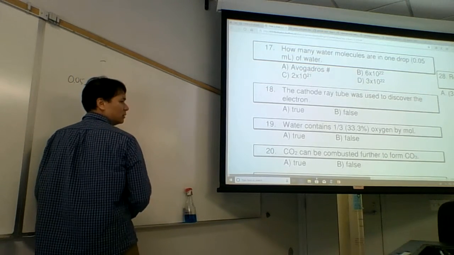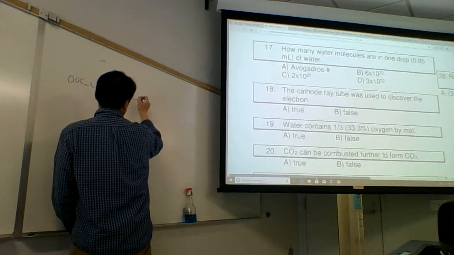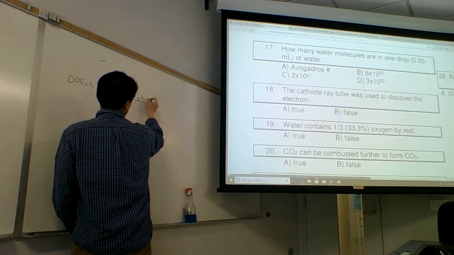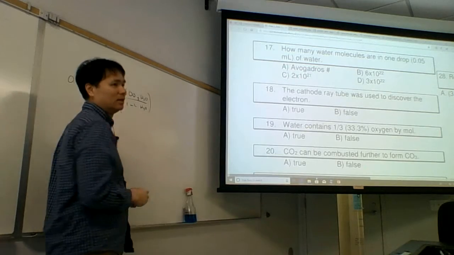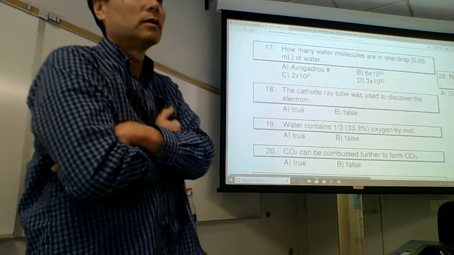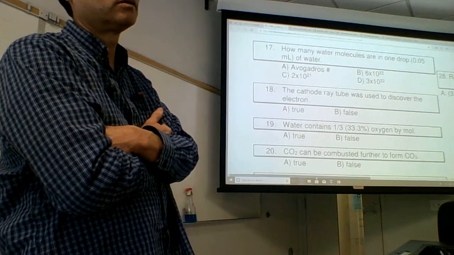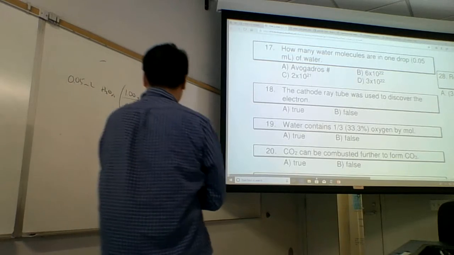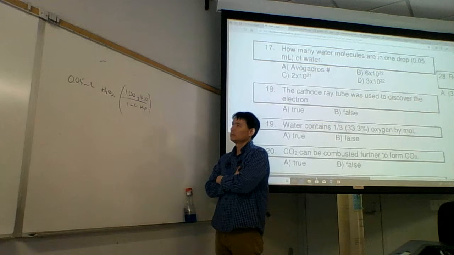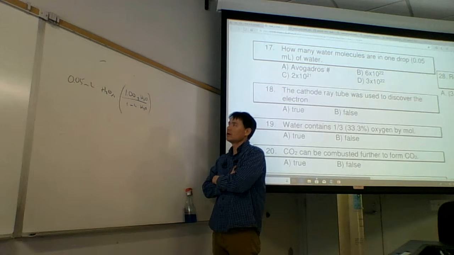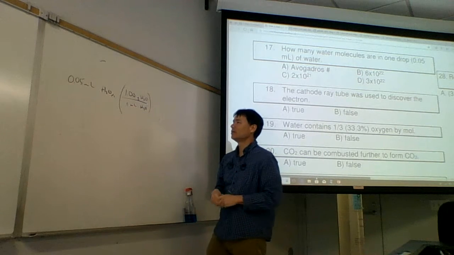And then where did you go? Grams. So what did you use? 1.00 grams of H2O per milliliter, 1 milliliter of H2O. That's the, what do we call that? The density of water. And everybody should know the density of water. The density of water is just 1, to 2 or 3 sig figs. To 4 sig figs, we better look it up in a table. So 1.00 grams of water per 1 milliliter of water. So we have 0.05 grams of water.